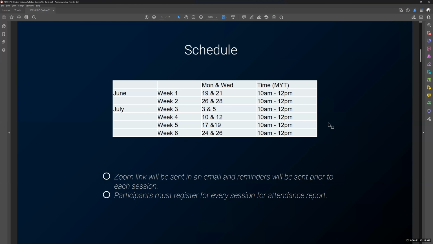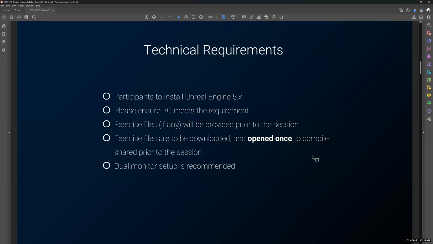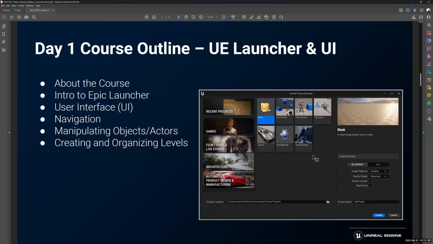Okay, we have gone through all this stuff. Monday was about the course intro and the Epic Launcher, which we did. We spoke a bit about the user interface. The user interface is something that we are going to go on and on with, because I can't teach you everything about it at once and you will tend to forget. We will learn bit by bit, so you get familiar with the whole user interface, because, as I said, Unreal Engine is made out of a lot of stuff.